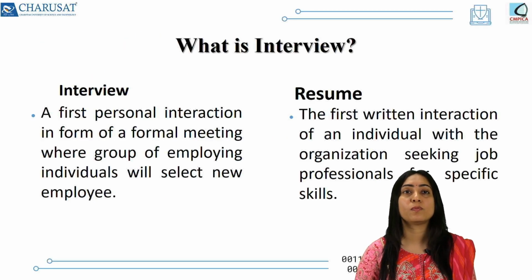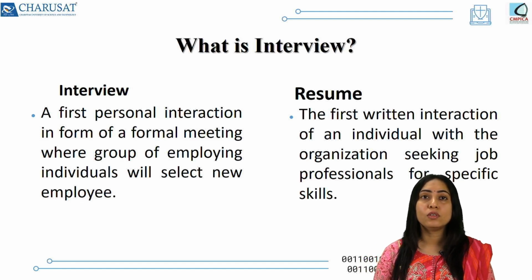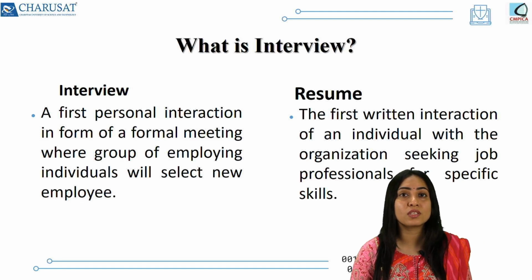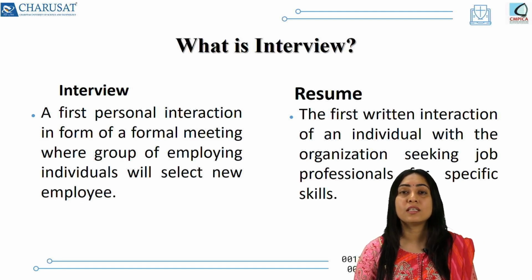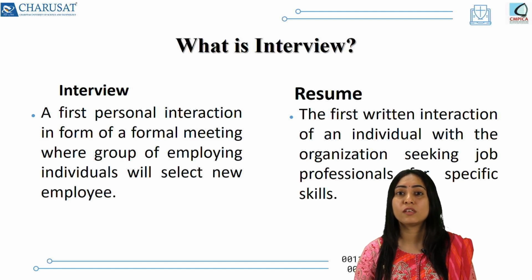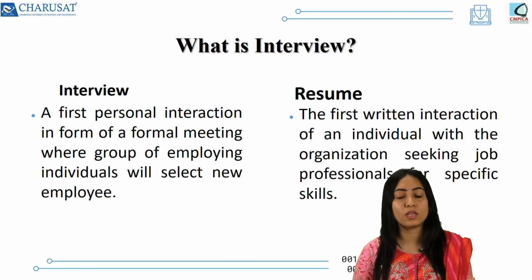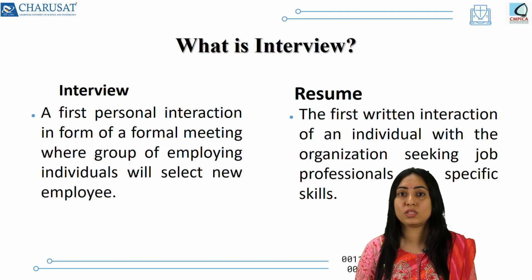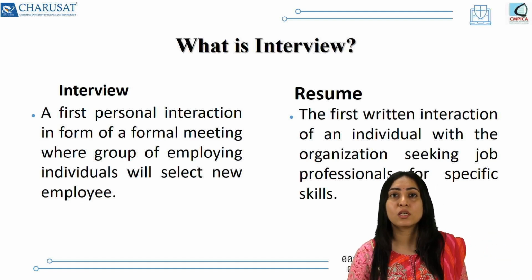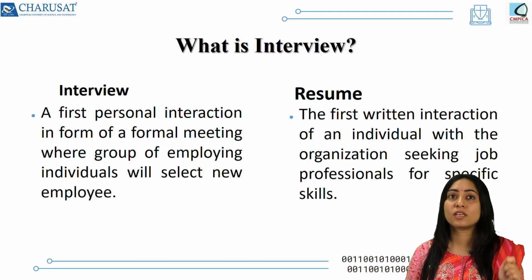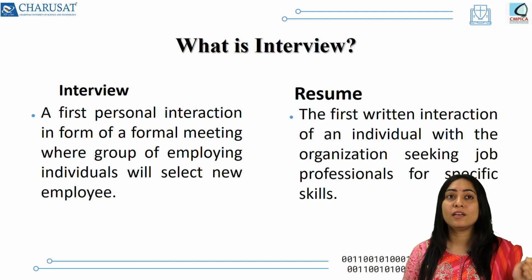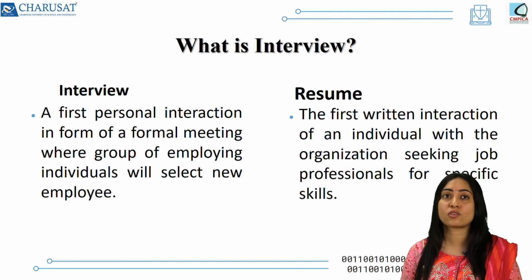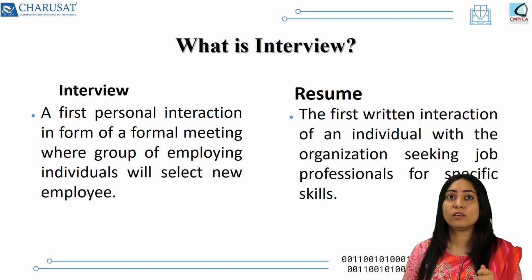What is an interview? You must understand that an interview is a process that is not the initial one. Many of us believe that the first thing we will get to do is an interview, and once I'm selected in an interview, I'll go, right? But there are tons of processes that lead you towards an interview, and one of those is building a good resume. So you can see over here that the resume is the first written interaction and the interview is the first personal interaction. The first written interaction is often with an organization you are seeking a job from,